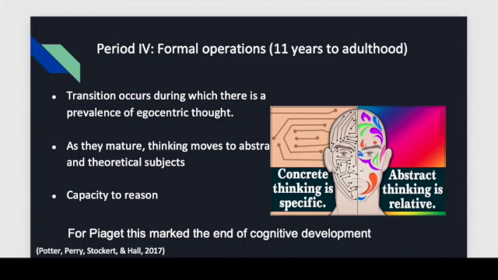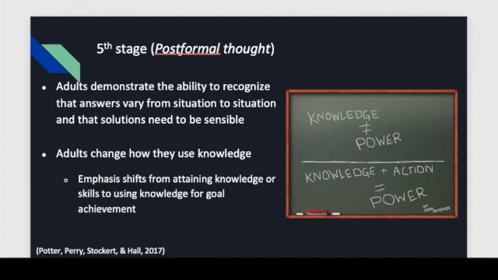As they mature, however, the thinking moves to abstract and theoretical subjects, and they also gain the capacity to reason. For Piaget, this marked the end of cognitive development, so this was the final stage of his theory. This 5th stage, or post-formal thought, was actually